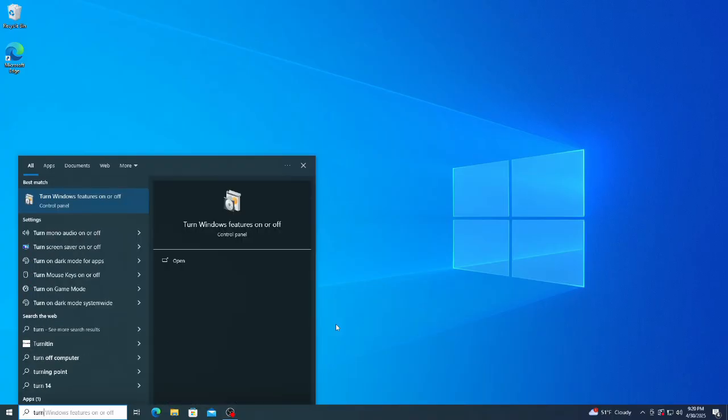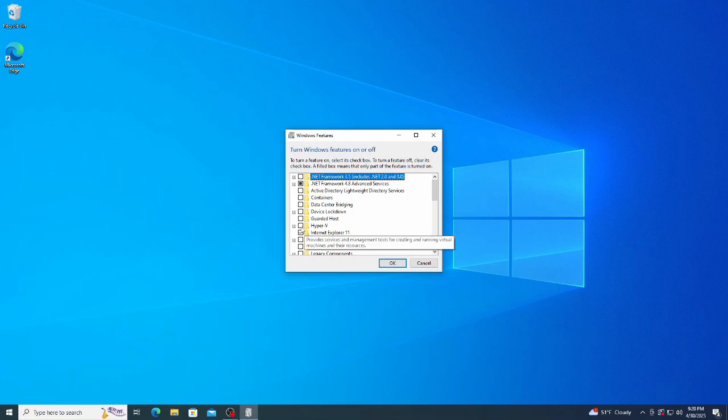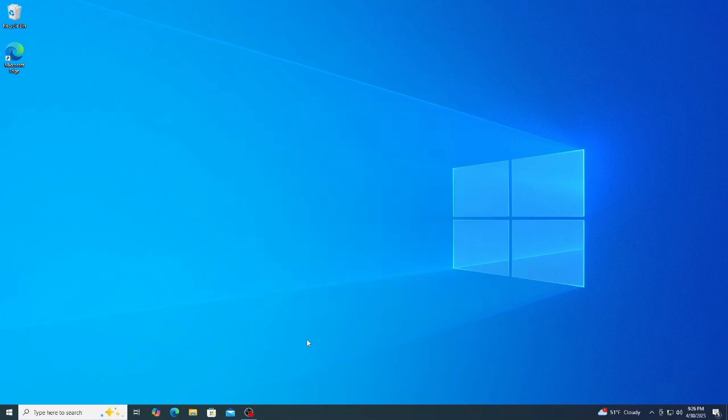Okay, here we are in Windows 10 Pro. We're going to turn Windows features on or off. Select Hyper-V, click OK, and it's going to set up everything and activate Hyper-V. It's like installed already, but you have to activate it. Just restart the computer and then